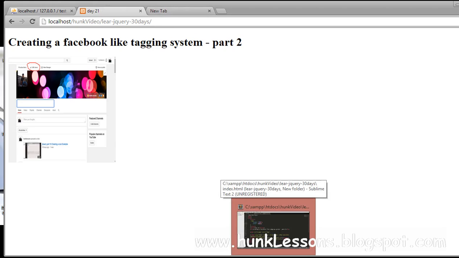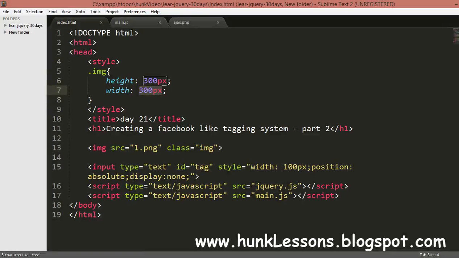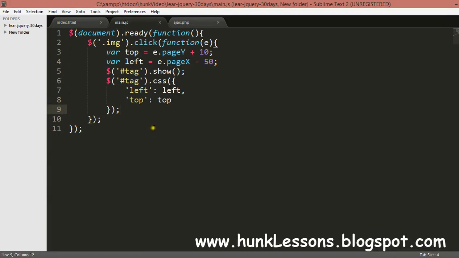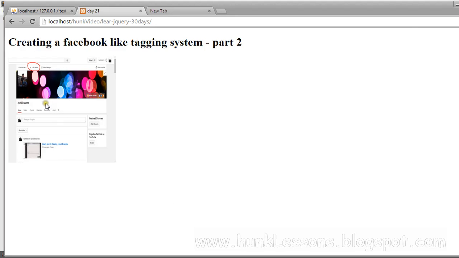In part 21 we will start by going to my main.js file, which has the code we wrote in part 20. You can see one problem here. If I refresh my page and click on the photo, the text field appears, but we have to manually click on the text field before the cursor appears.